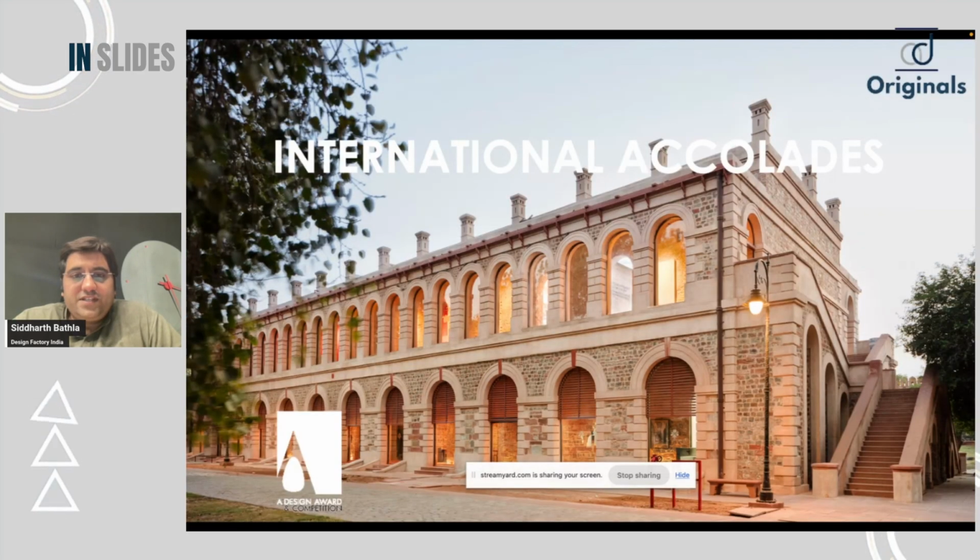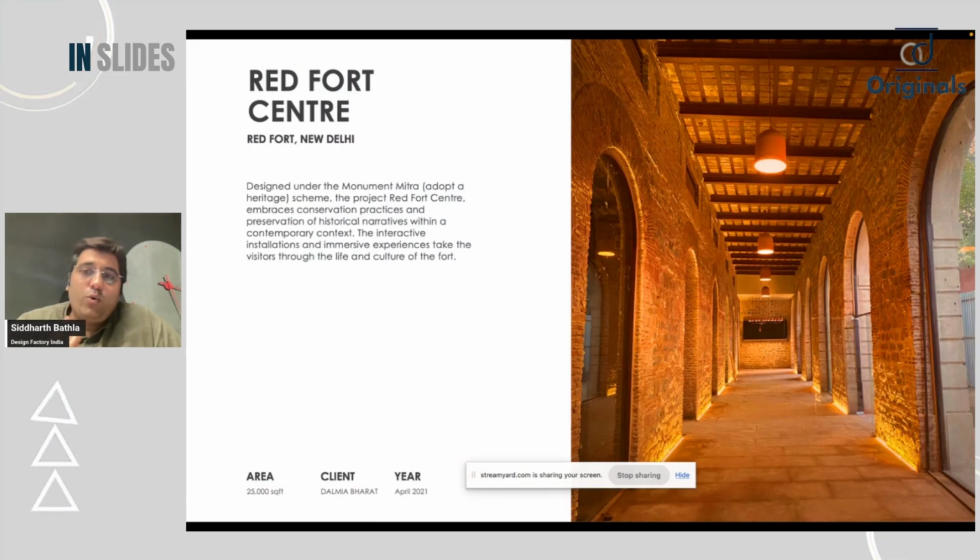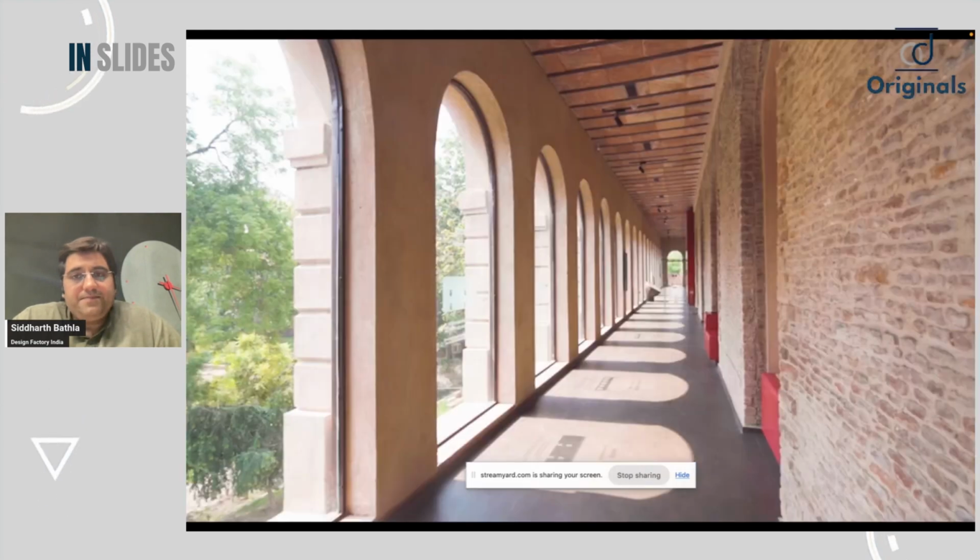Then this is a project which is in Delhi, which is at the Red Fort. It is known as the Red Fort Information Center. So it is an old barrack which was converted into a museum. It was a barrack which was built by Britishers by demolishing Red Fort after the War of 1857. So again, you need to see how an old building had a readaptive reuse into a new system of design. So it's a small video on this also.